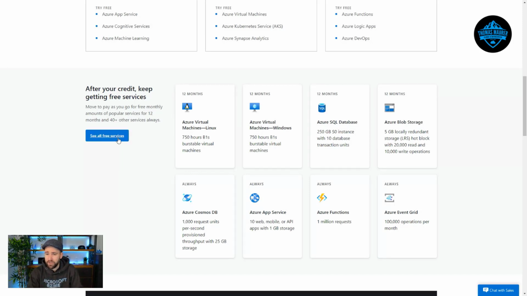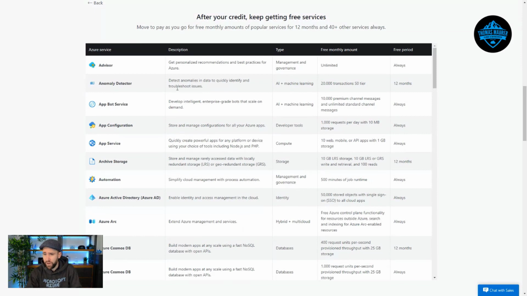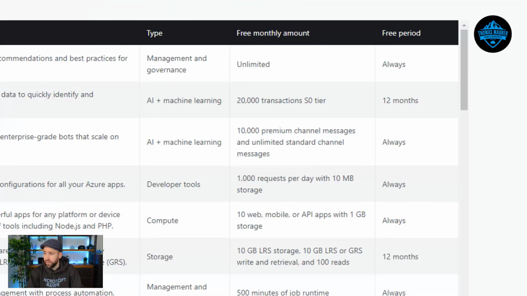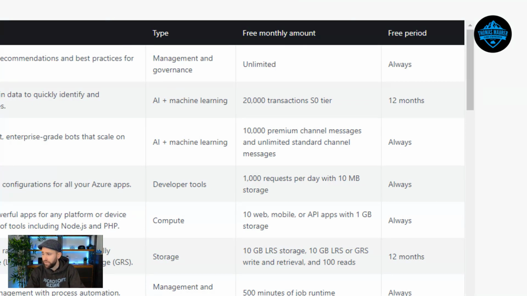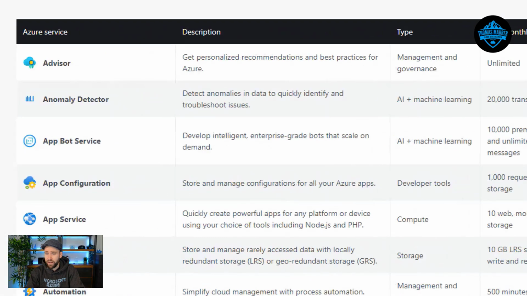And if we click here, say all free services, you get this nice little list where you get an overview of what service it is. For example, one thing is Azure Advisor. This one is basically unlimited, and you can see here the free period. If I zoom in a little bit, it's always free. And then on the bottom, underneath that, you can see there's also one saying 12 months. So this is one which is in this 12-month